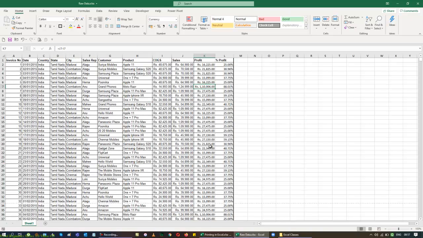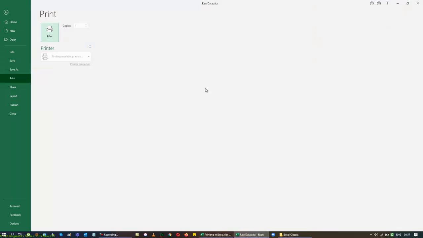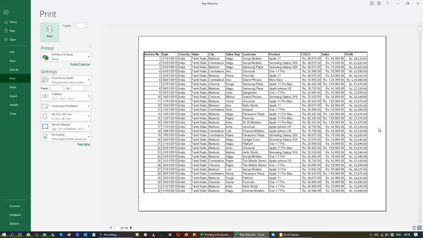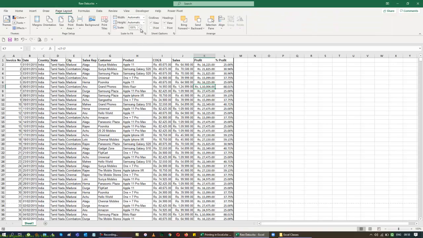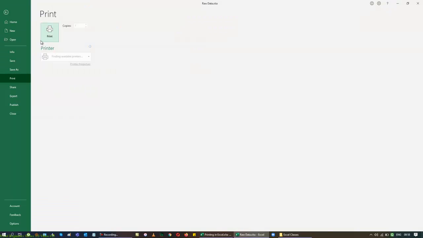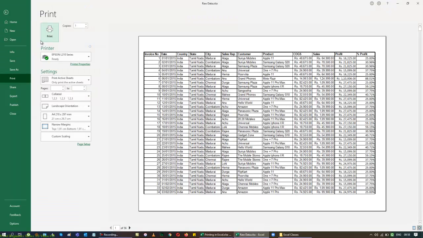So now I got my list all coming up, but I still have difficulty even in landscape mode. When I go to my preview, you can see that it's in landscape mode, and I am not getting my profit percentage. That's fine. So now I can reduce the scale factor to 95% or maybe 90. At 95% itself, I can accommodate it. So if it is coming to you in this way, you can happily take that. Now my data can be printed out on all my sheets.